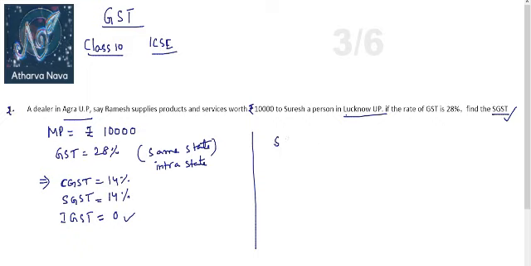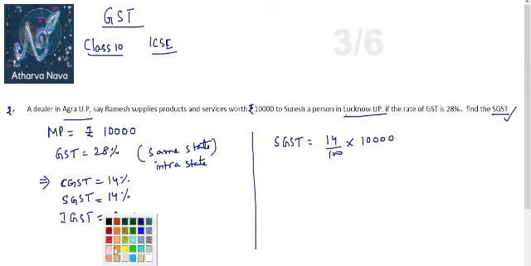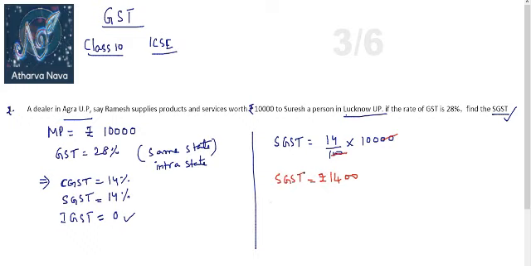Now you want SGST, right? SGST is 14% of the 10,000, that is MP. Let's cancel it out. 2 zeros and 2 zeros cancel, it will become 1400. So rupees 1400 is the SGST. Also please mention CGST will be rupees 1400 only, because it is the same calculation. And IGST will be 0, rupees 0. Try to write all three so that it will be a good practice for you. Thank you.